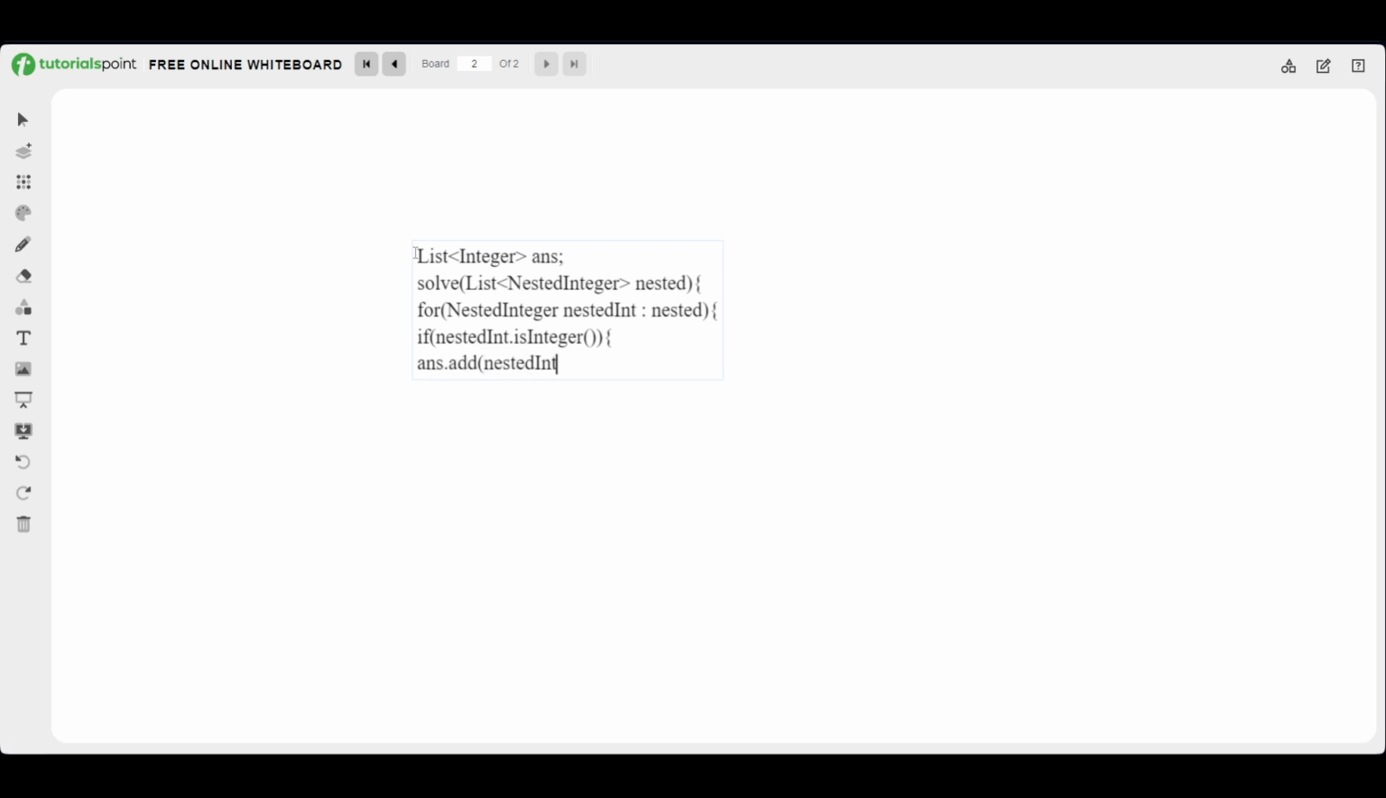nested int dot get integer. If you are using some other language, the function might be different, but this is what you have to do. So nested int dot get integer will return the integer value, because as the list is of type integer, we have to add the nested integer as an integer only. Else, we'll be simply calling the solve function again recursively